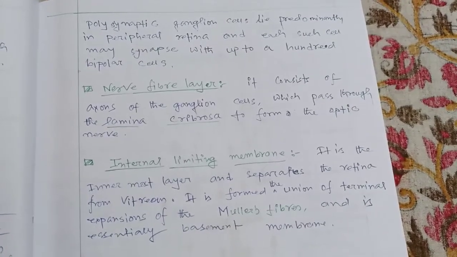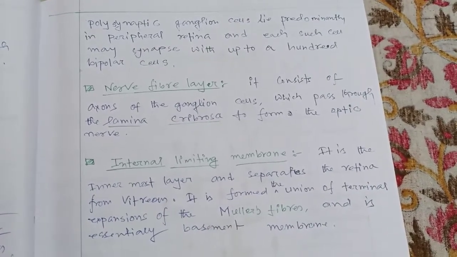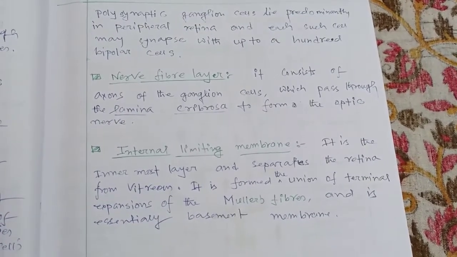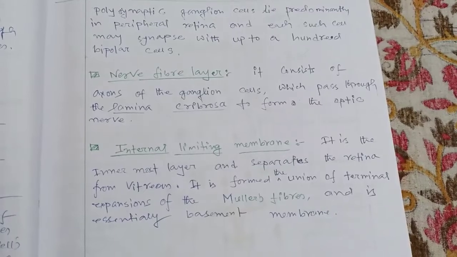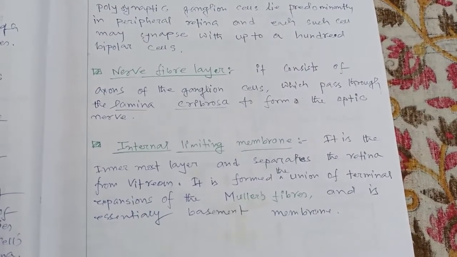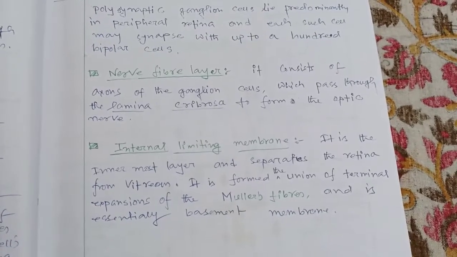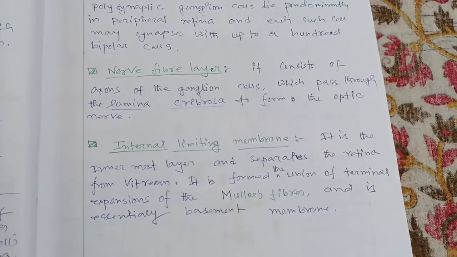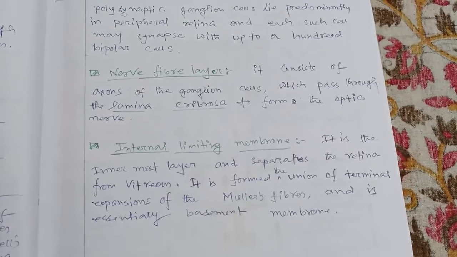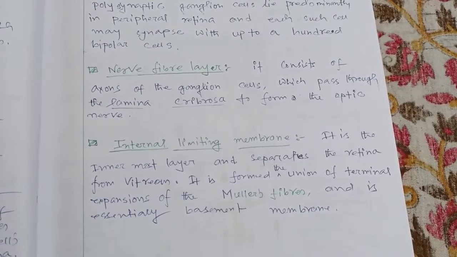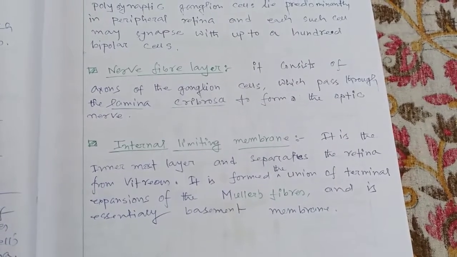And last হচ্ছে internal limiting membrane, যেটা হচ্ছে 10 number layer। It is the innermost layer, okay, and separates the retina from the vitreous. It is very important. It is formed by the union of terminal expansions of the Müller's fibers, and it is essentially a basement membrane. Okay,